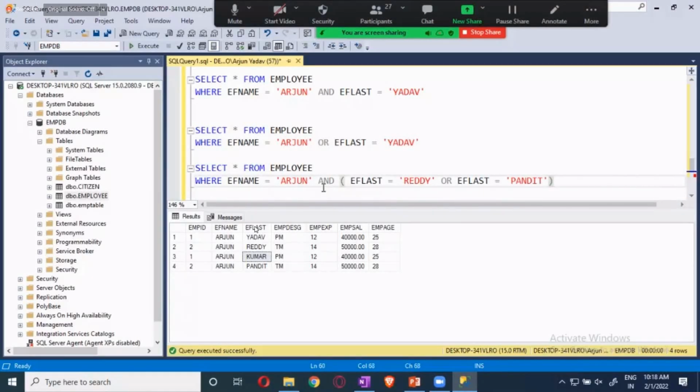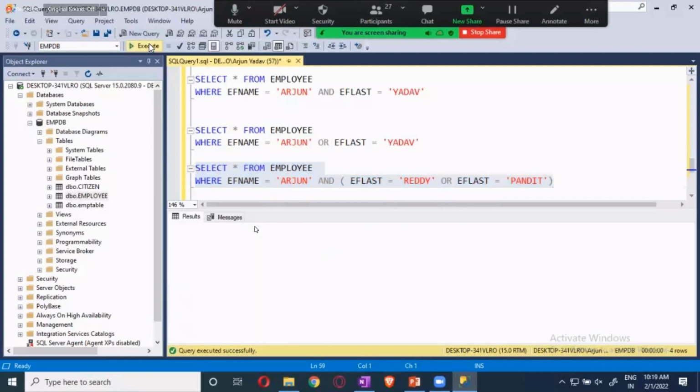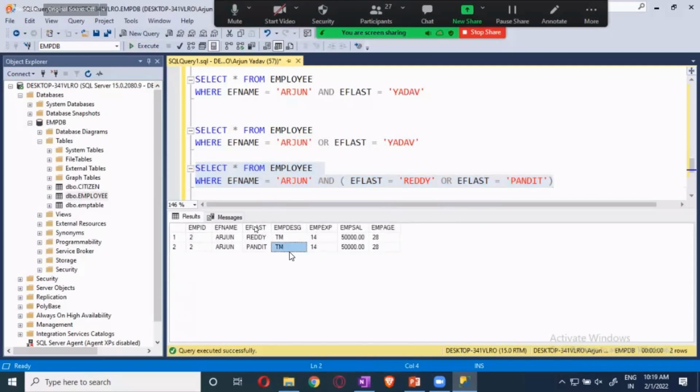Now this will check for Arjun with Reddy and Arjun with Pandit, because we use the or operator. We combine the and or over here. Now when you do this, you will be playing with it. Okay, like this you are going to get it.